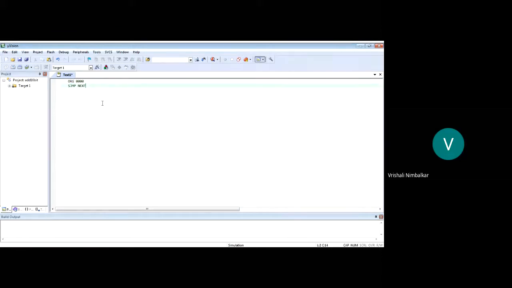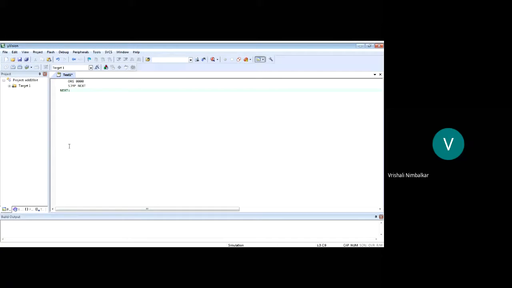Now let's jump to next. Why are we doing this? So that we will skip the interrupt vector locations and the program will be written beyond 23 hex. The initial locations 03, 0B, 13, 1B, 23 are the interrupt vector locations. We do not want them to be corrupted. Hence we write an unconditional short jump to some label, and at that label, next, we start writing the program. Now, what is our program?